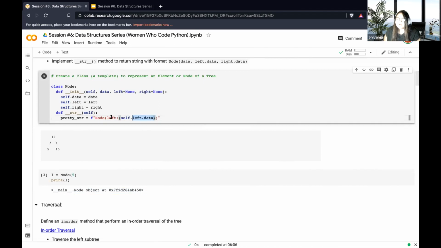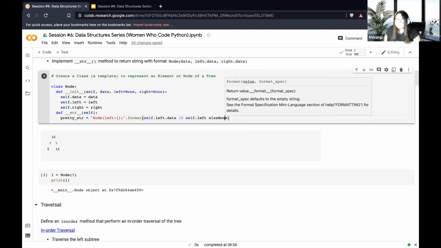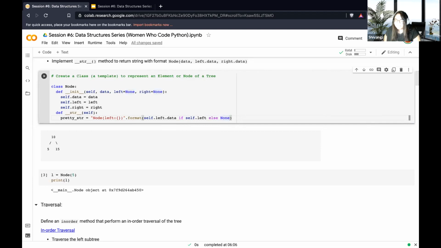Now, one thing I would want to do here is, just for an example, I did this. But there are cases where this could be none as well, right? So what I'll do over here is, I'll just move this information a little outside over here, and I'll just format it outside. Okay. And over here, I'll just say, if you find that this is a null object, just print